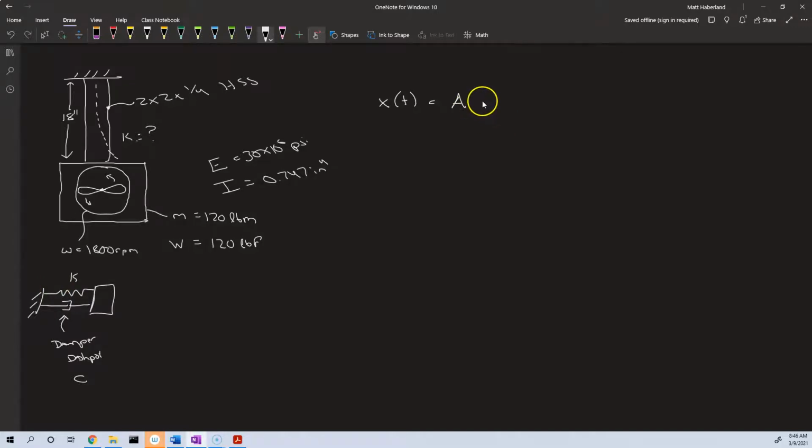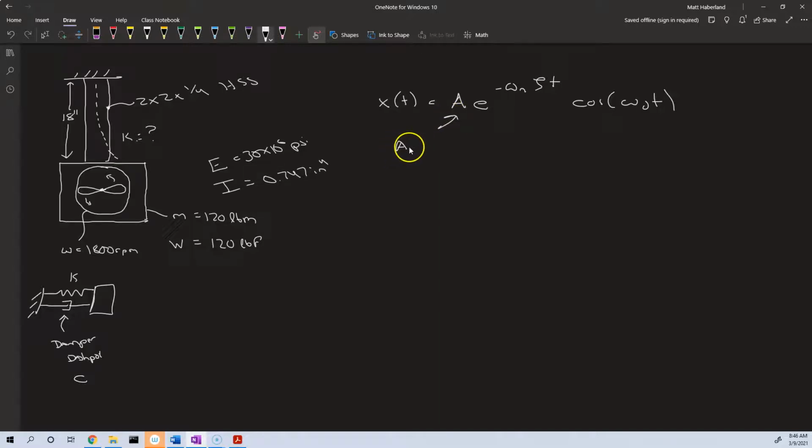That'll be the initial displacement, just like it was in the undamped case. e to the negative omega n zeta times time, cosine of omega d times time, where A, again, is the